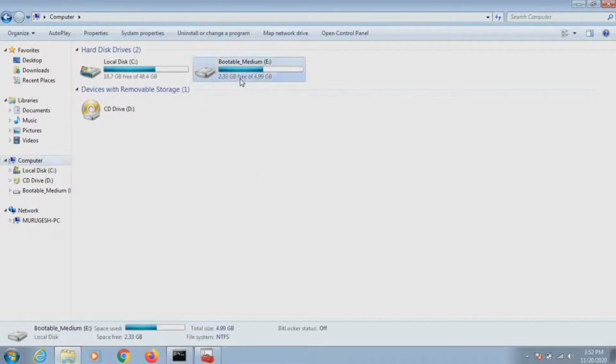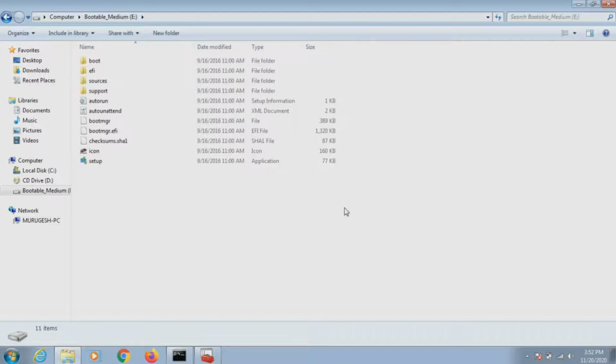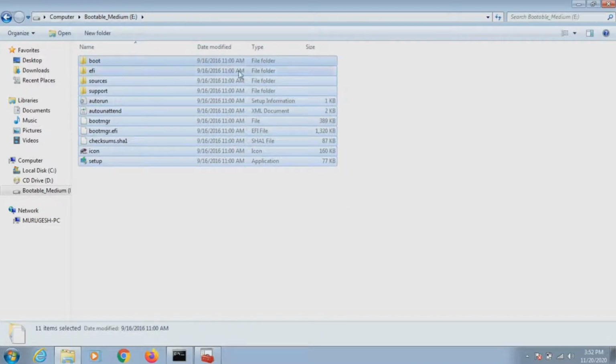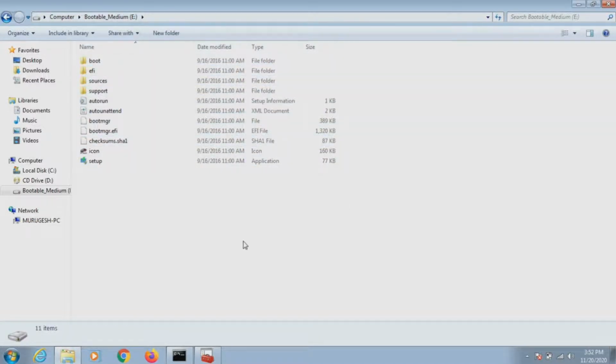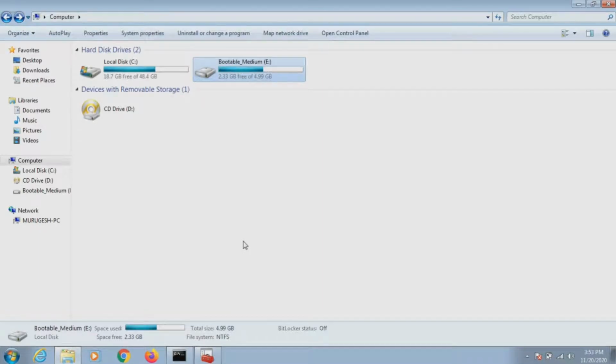The newly created bootable medium partition now has the extracted OS files. We need to make this bootable medium partition an active one in order to boot our PC from the Windows installation file.